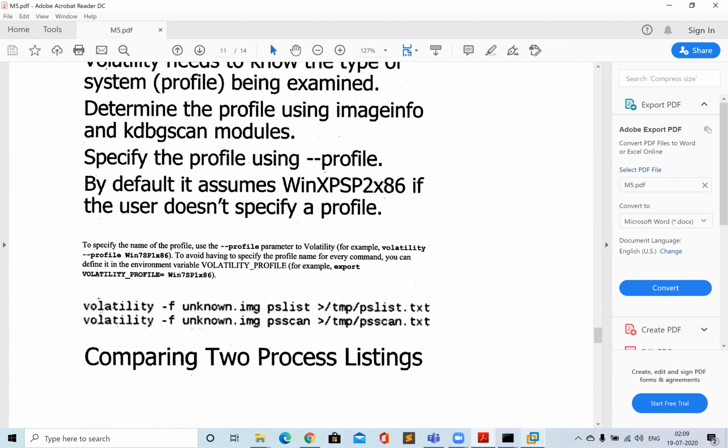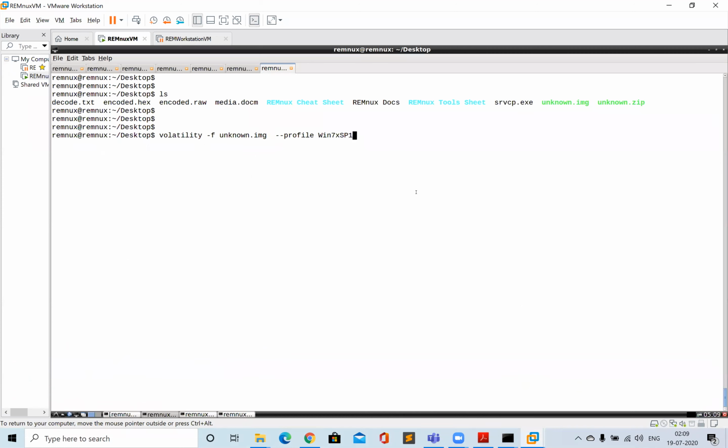Okay, so let's do that. Windows 7 SP1 x86 architecture, and now you need to give the plugin name. So you have given the file image path which you want to parse, the profile of that image, and now suppose I want to know what all processes were running when this RAM memory was captured.